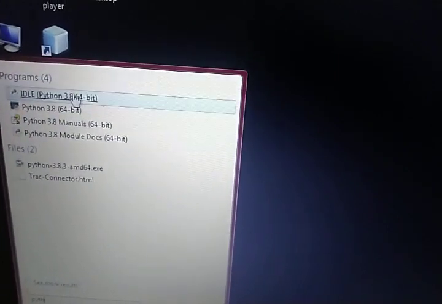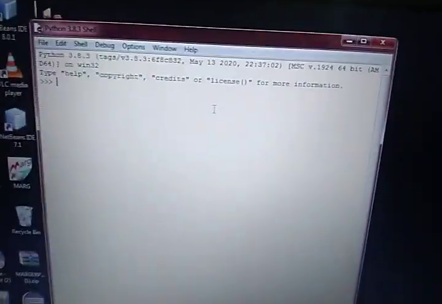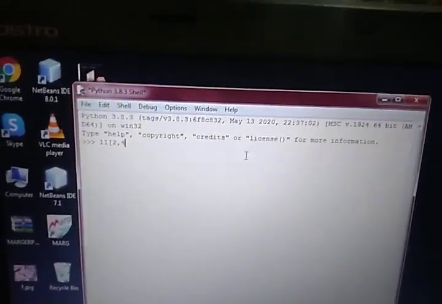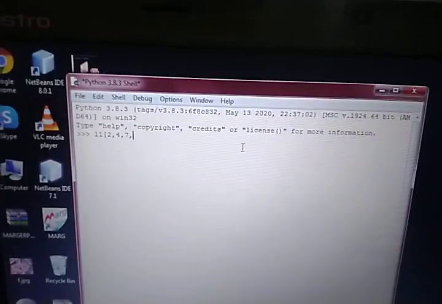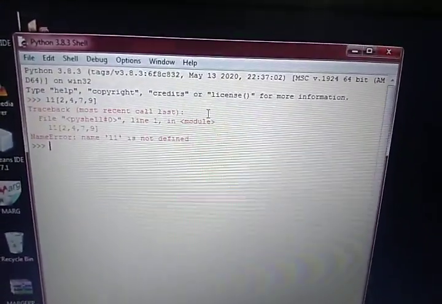So I will write Python over here, and you will see that two results are coming. One is IDLE and another is Python. So I am opening IDLE, and see here, I am writing a single command to show you that Python has been installed. So I am creating a simple list which has 4 elements.